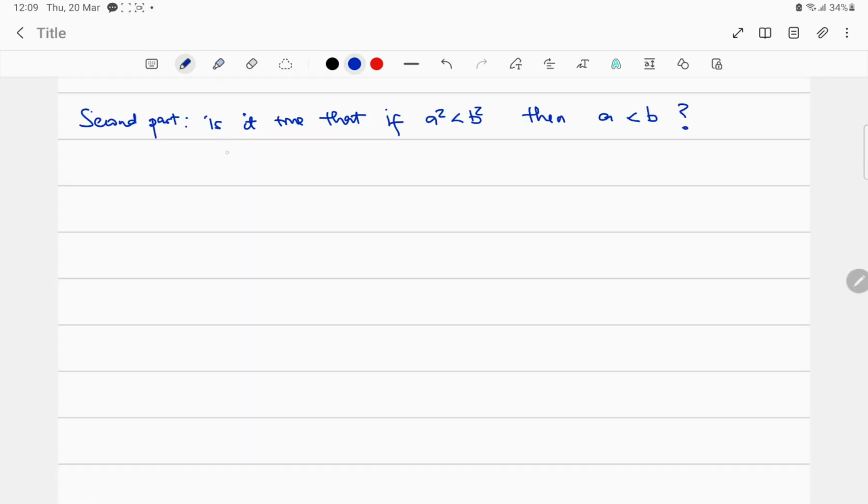Okay, so for the second part, we are going to prove or disprove the following. Is it true that if a squared is less than b squared, then a is less than b? So I'm just going to prove this one by using a counterexample. What is a counterexample, you might wonder? A counterexample is an example which disproves a statement. If you just put that number in the statement, it will disprove it. So sometimes if you want to prove that something doesn't hold, you can just choose one example for which it won't hold, right? So for example, in this case, if we consider,